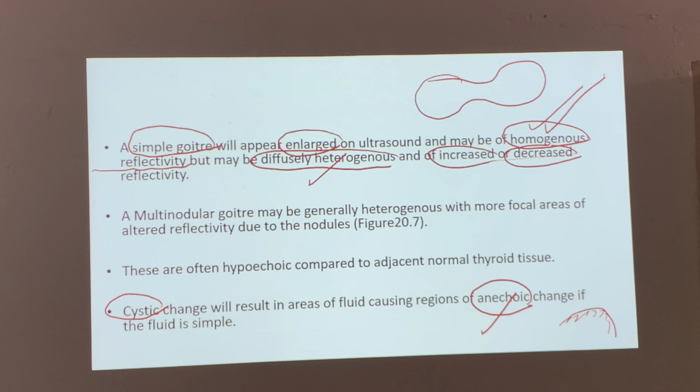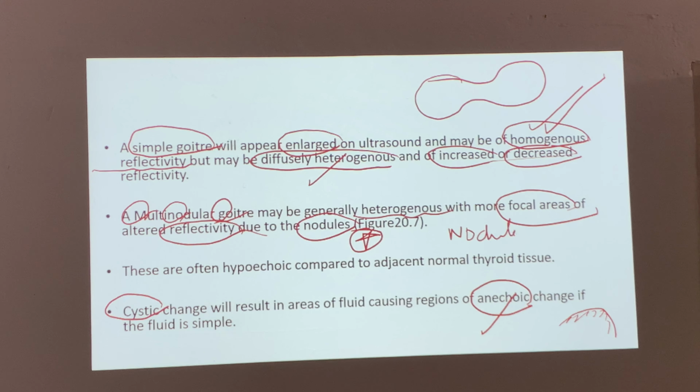But the difference comes in the case of multinodular goiter, MNG, which is generally heterogeneous with focal areas of altered reflectivity due to nodules. So the difference in reflectivity will help us say that on ultrasound there are nodules in the thyroid. Of course, it's a palpation